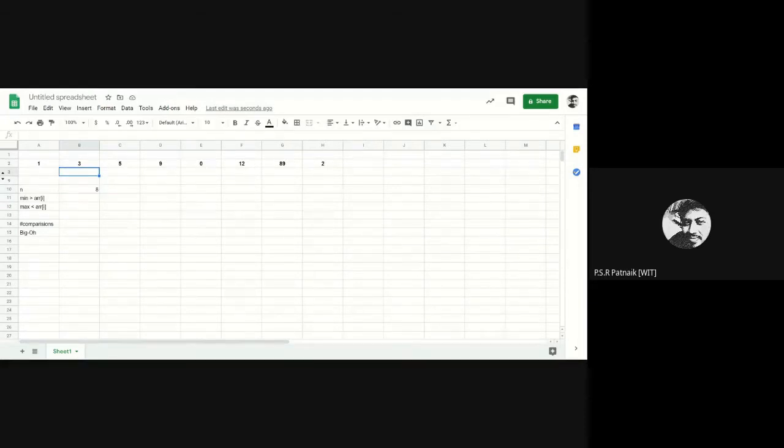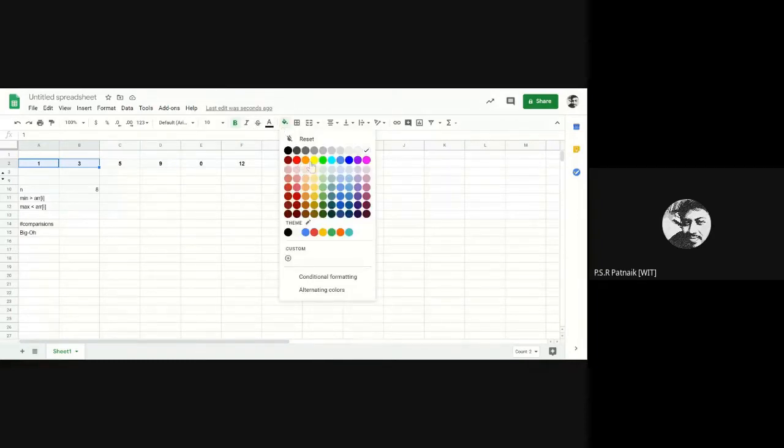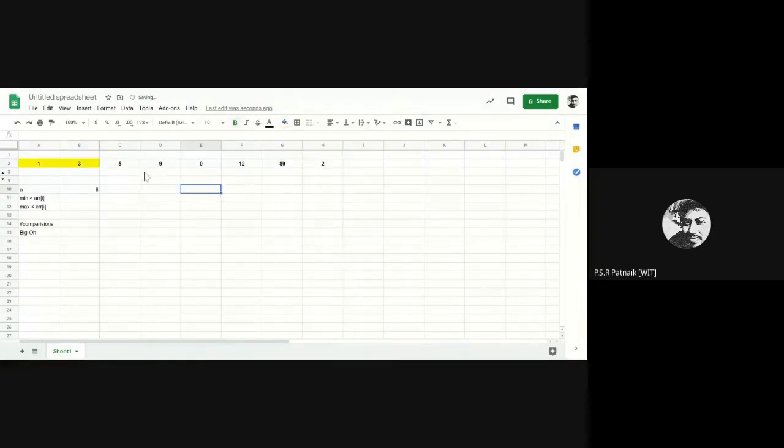If I have an even number of elements, instead of comparing each element with min and max, I start creating pairs of two numbers. Initially I'll always compare these two pairs. So this is one pair, this is the second pair, third pair,